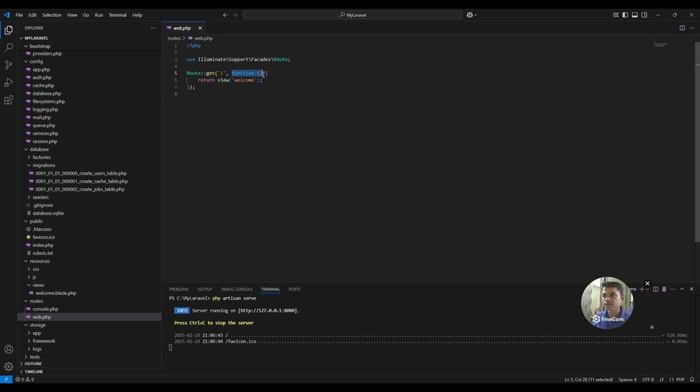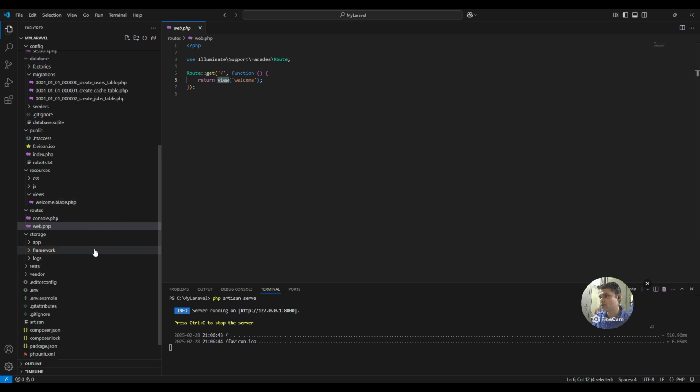called, and in this function a return statement is written, return view, and you can say the name is welcome. So what actually happens is when the browser points to slash, then it calls this function. This function in turn returns us a view. Now this view is defined inside your resources folder. As I said, your resources folder will be containing your views, and you can see that there is a file named as